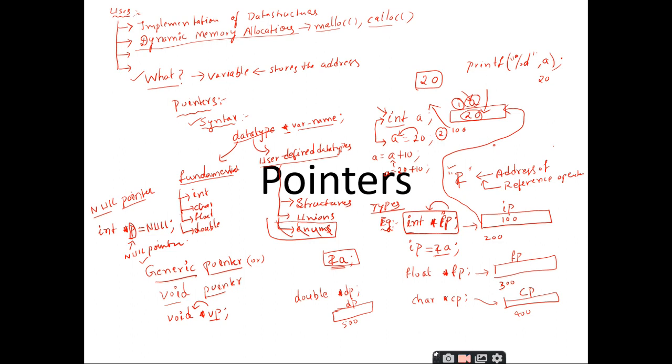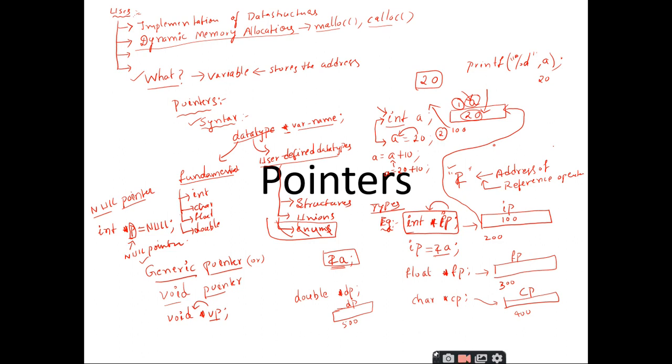So which variable is capable of storing the integer values? Integer variable. Similarly, if I throw a floating point value, which variable is capable of storing the floating point value?